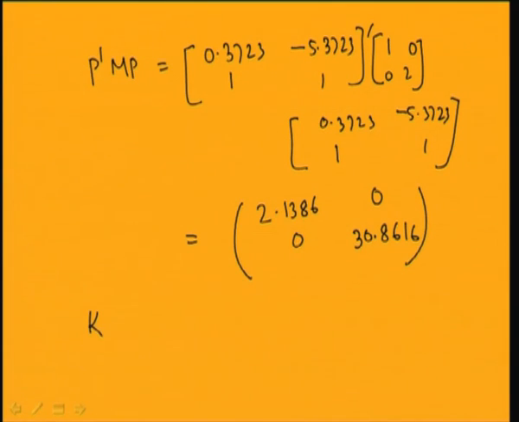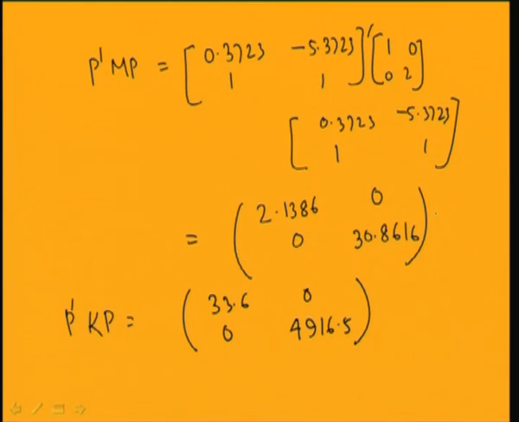Similarly, you can find P transpose K P equal to 33.6, 0, 0, 4916.5. So you can see that both P dash m P and P dash k P are diagonal